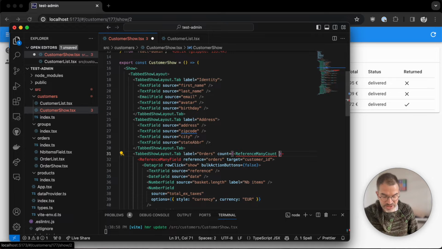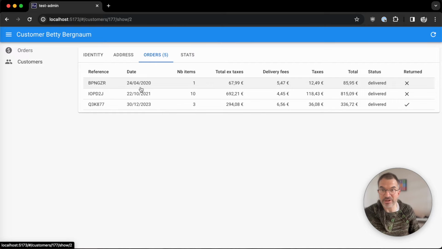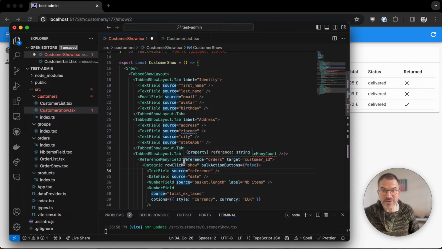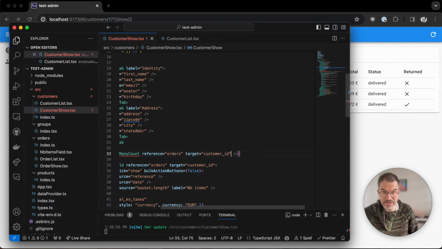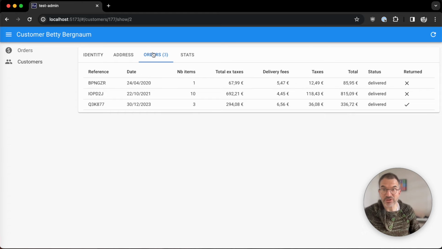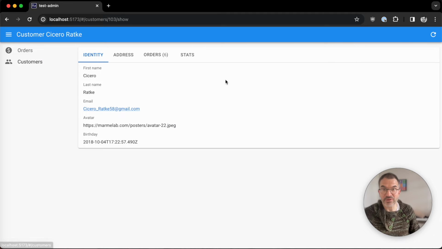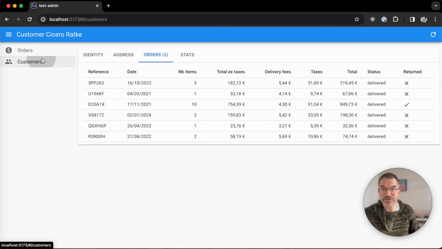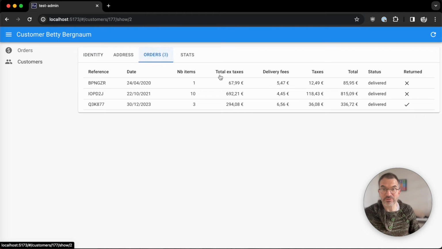And reference many count works just like reference many field, the field that I'm using here to display the list of orders. It will take the same parameters, the reference and the target, and now I can have a dynamic count. So here it's 3 orders, now it's 6 orders for this one, 3 orders as well, etc.